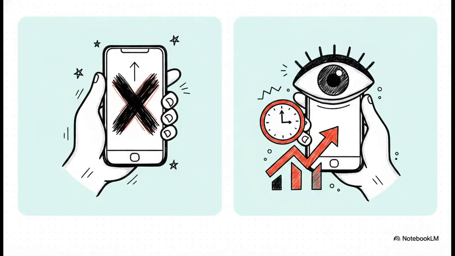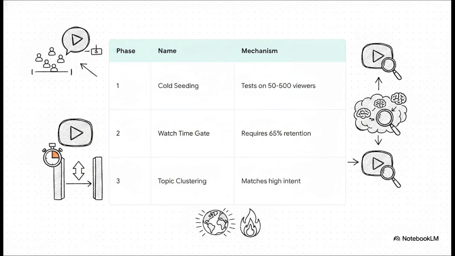So why on earth does this weird split-screen strategy actually work? Well, we have to look at the outdated advice versus the harsh new realities of the 2026 algorithm. It used to be all about the swipe rate, right? Catch 'em quick. But today, watch time is the absolute king. A 6-second view on a 60-second short is now a massive negative signal to the system. The algorithm is ruthlessly demanding total watch time per impression. Let's break down exactly how your content gets graded now.